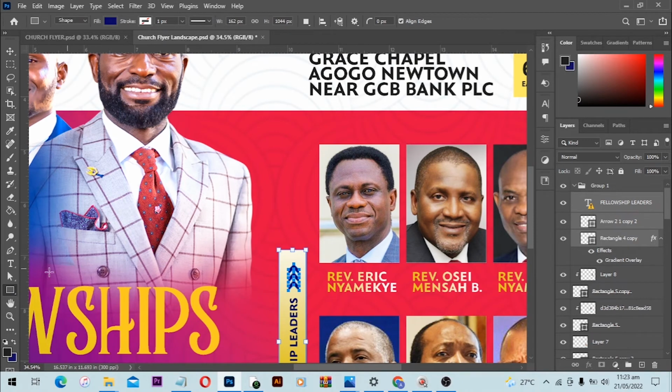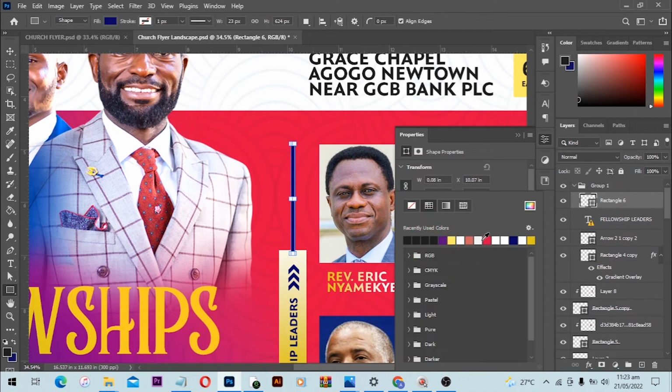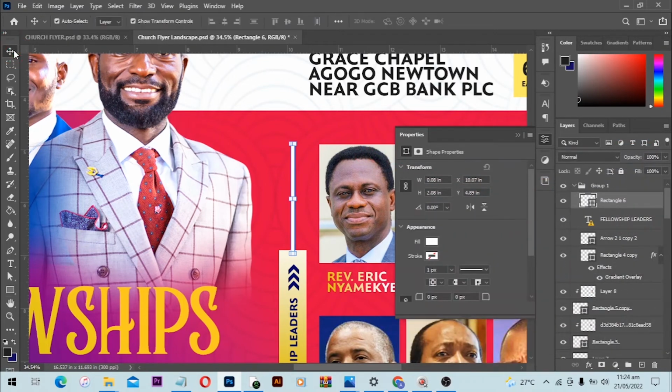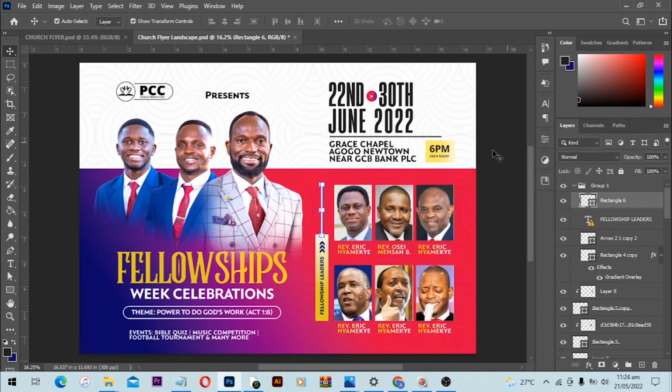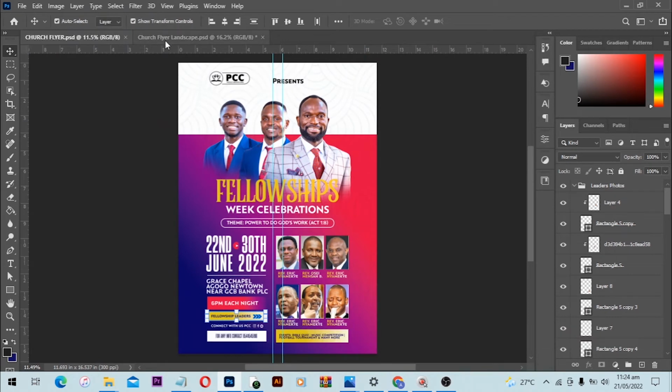Okay, then from here I can use the rectangle tool to draw another rectangle just like this, very tiny. Make it all white. Okay, click on Ctrl O to fit everything to screen. So guys, this is how you can turn this design into a landscape